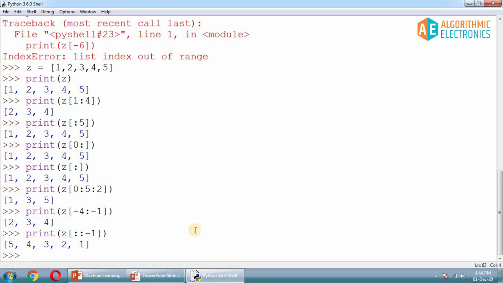Now we have tested three different properties of our list. Number one, the list allows duplicate elements, that we have tested. The second important property you have tested is that the list is ordered. What do you mean by ordered? That means the list follows a particular order.